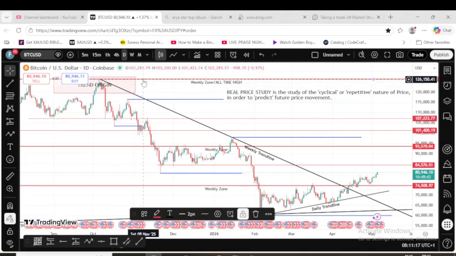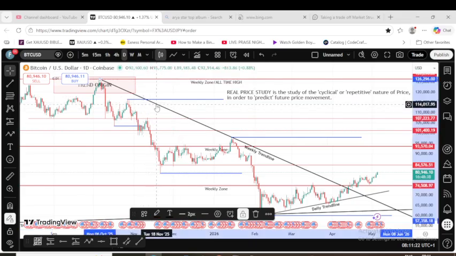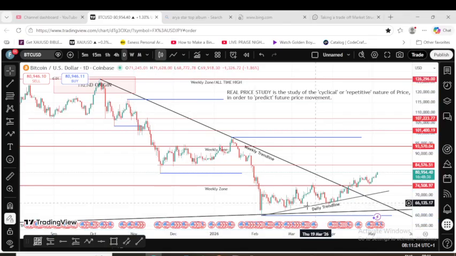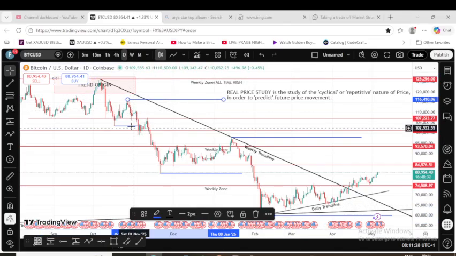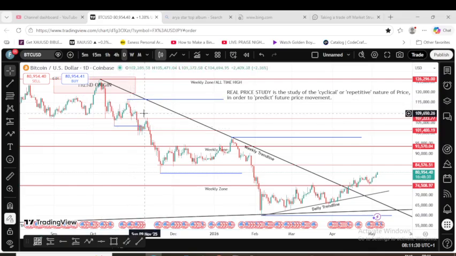In the first video, we identified our weekly zones and our daily zones. In the second video, we identified our weekly trend lines and our daily trend lines. In the third video, we identified our trend origin, and in the fourth video, we drew our market structure. So now we're going to do some real price study, which is where we actually